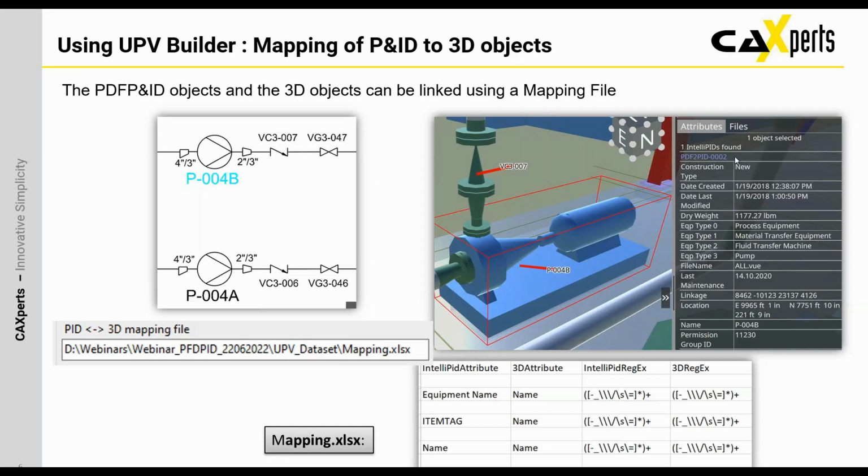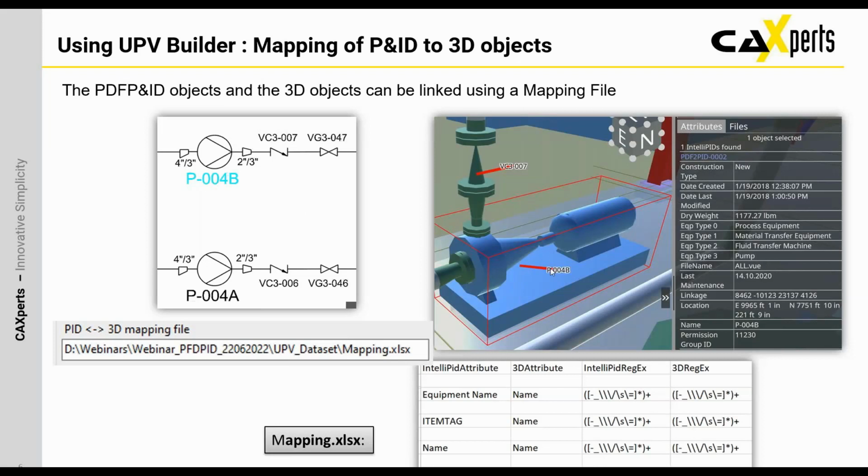The link is represented here in the dark blue color, and you can jump from one side to the other by identifying objects. Also here, it is possible to do some little tricks. So for instance, if the PID side would contain a dash, but the 3D side may be a slash or